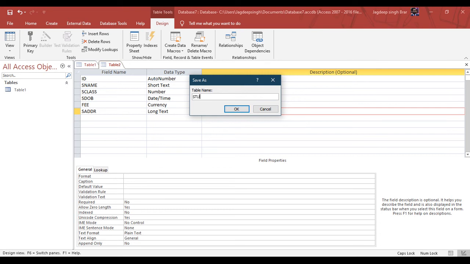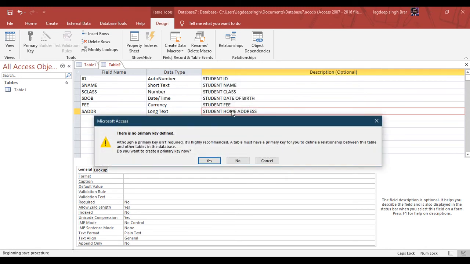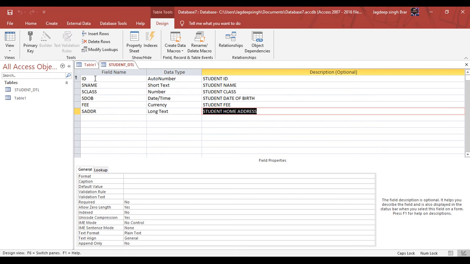For example, student detail. Click on OK button to save your table. So in this way we have saved this table, and you can see here in the navigation bar, in the table section we have the new table.